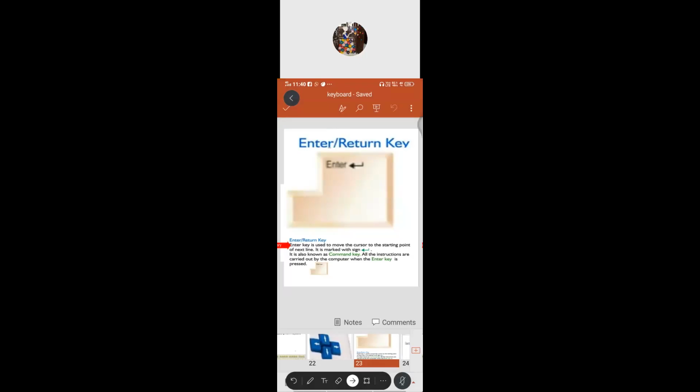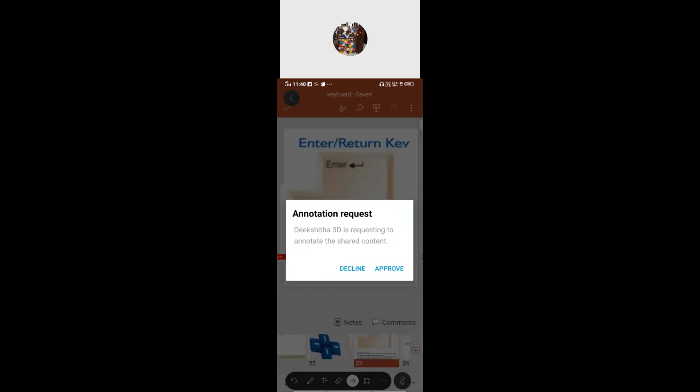So enter key is used to move the cursor to the starting point of the next line. It is marked with a sign like this. Can you see that one? By a sign like that only, it shows that it is an enter or return key. So it is also known as the command key. All the instructions are